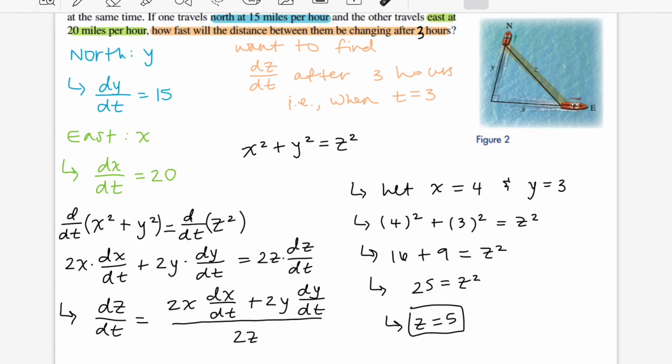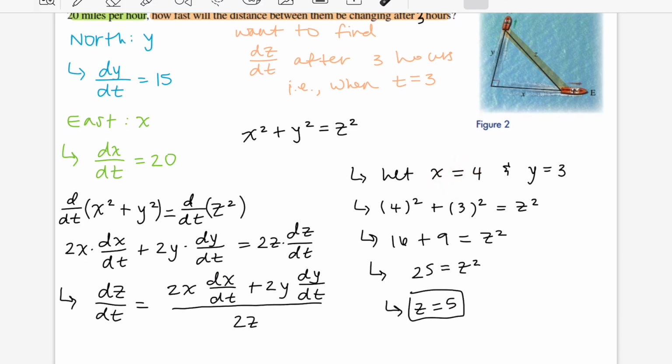Okay. So this tells us the distance in this direction is 4, and in this direction it's 3. Then the distance between our two boats will have to be 5. Okay. If you were to choose different numbers for x and y, we would get a different value for z, which would still be related via this equation. Okay. So we can just use